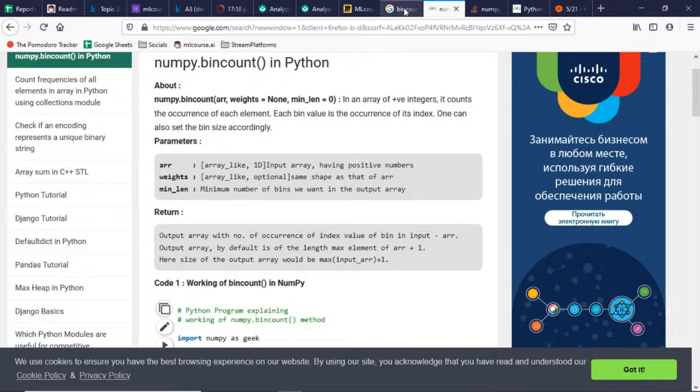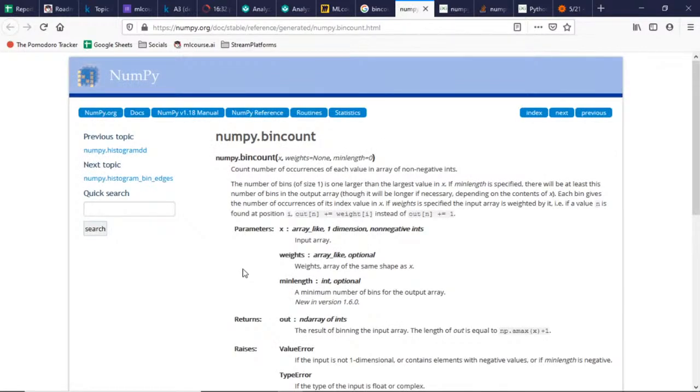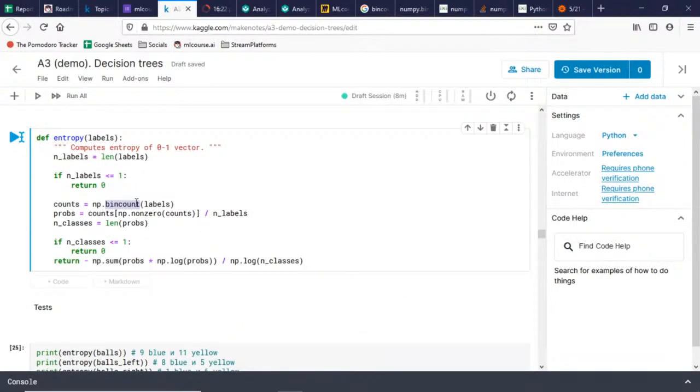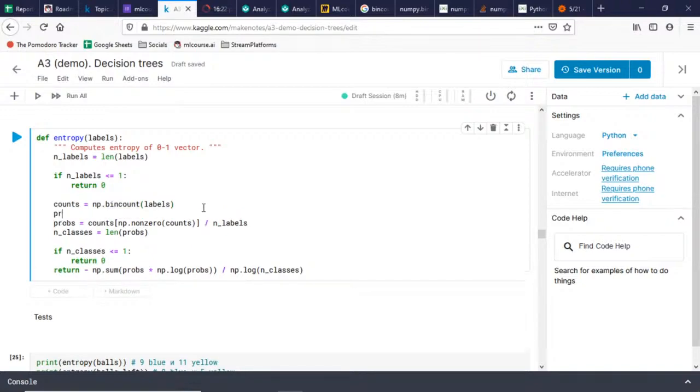Okay, so what again? Number of occurrences of each value in an array of non-negative ints. Yeah, well, so like I said, it's a count. Okay, so this must be a list. Okay, maybe I should even print